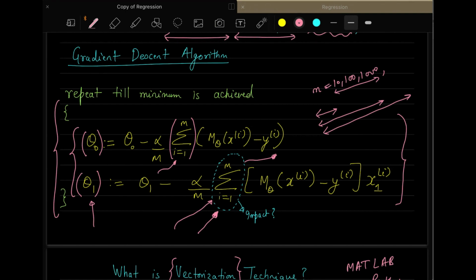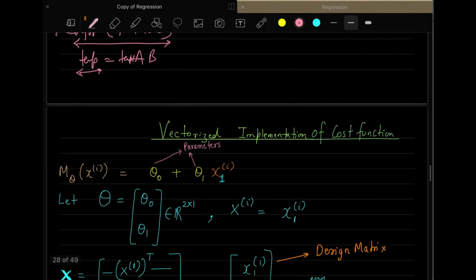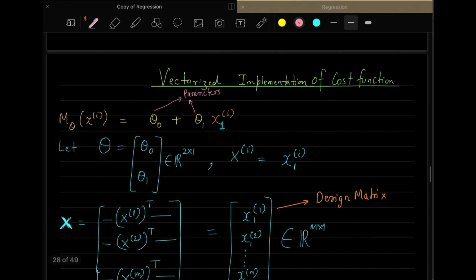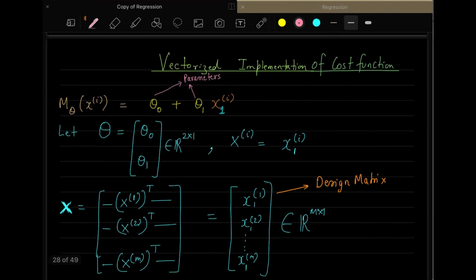Okay, so our main target is to convert these equations into a vectorization format. So let us see how we can do that. Again, right now, please note, I am using only one feature. I am not using multiple features. If I am using one feature, it will be easily extended to multiple features, but you should know the concept of one feature first, and then we will go to multiple features.